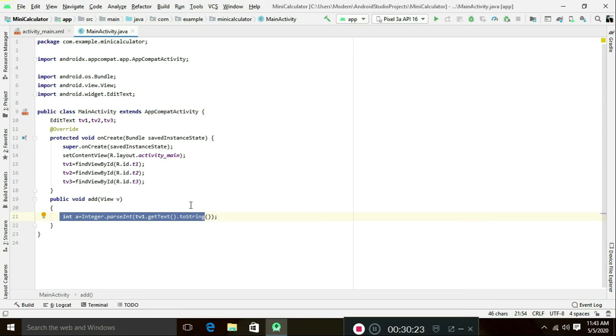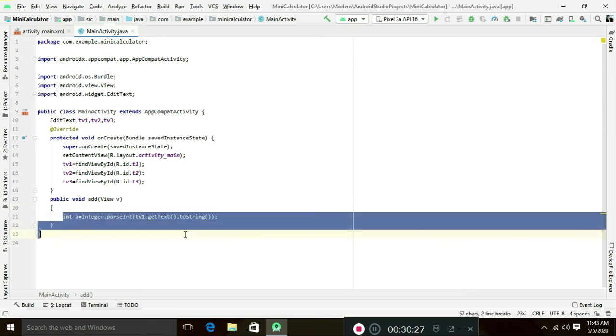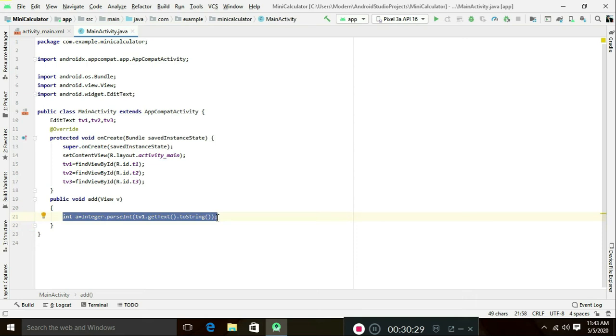I want to implement two more variables. I just copy it and paste it, and then edit it to b and tv2.